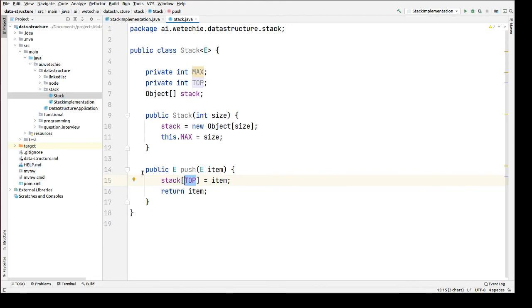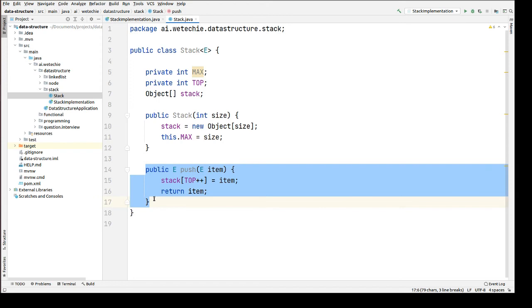So the second element will get added into the same index. That's why when we perform the first addition operation, we have to increase our top by 1, so that for the next element it has the updated value and gets added into another index instead of the same index, right?